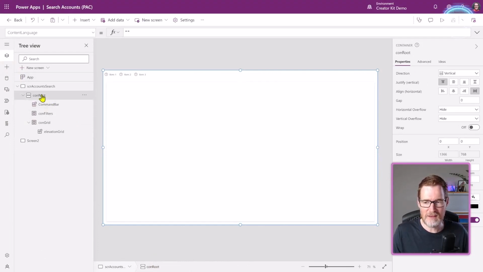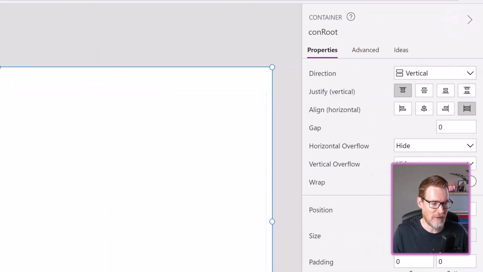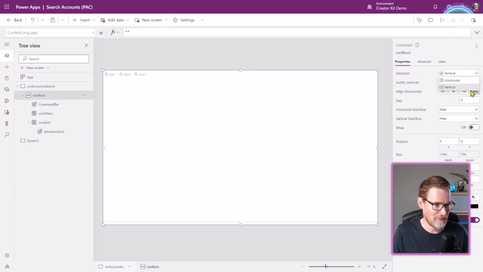Another tip is in this container, which of course is configured as vertical. If I've put it onto my canvas as a vertical container, I can obviously change it to be horizontal if I wanted to. This is a drop down here. And also I can change the justification, whether and how components are going to sit inside that.